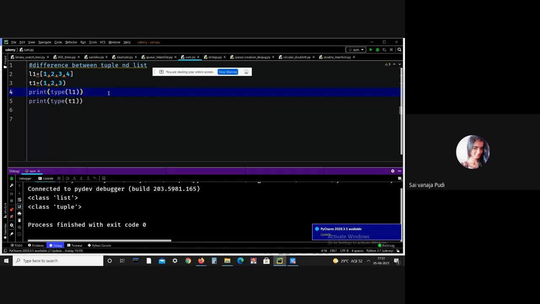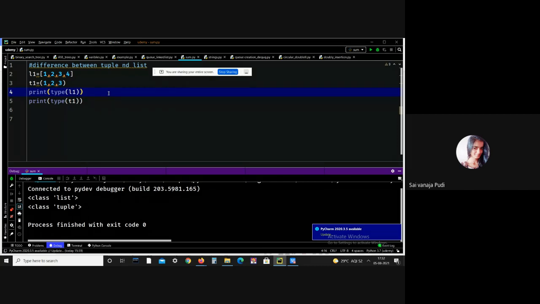The next thing is function support. Tuples support fewer operations than lists. Let me list out some operations which cannot be performed by tuples: the insert method, append method, remove method, pop method, sort method, clear, and reverse.